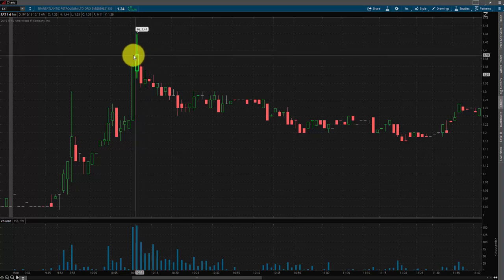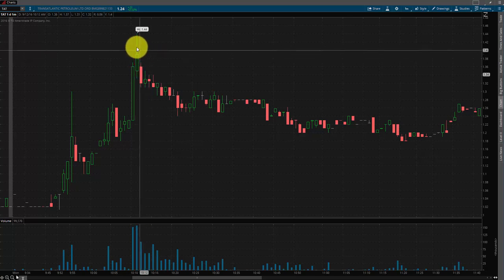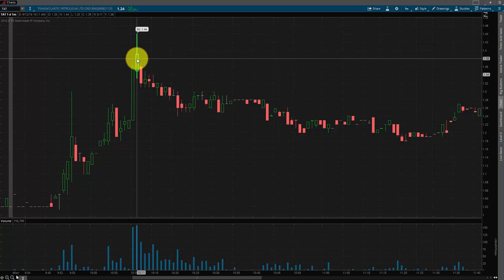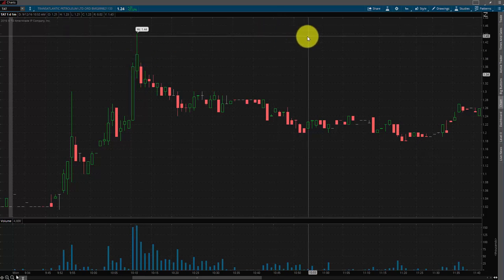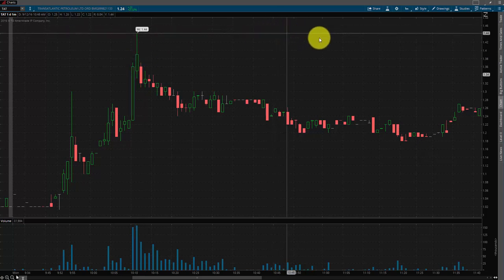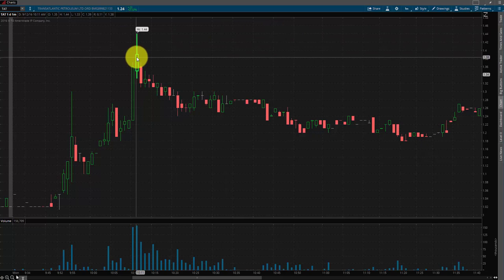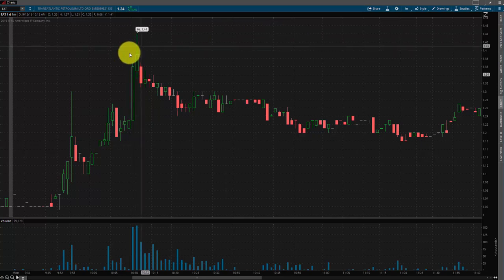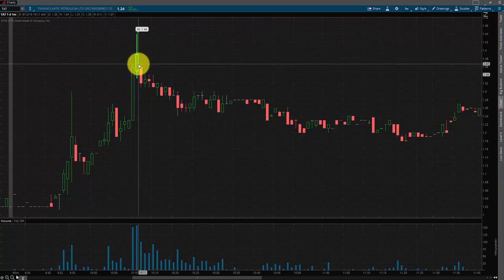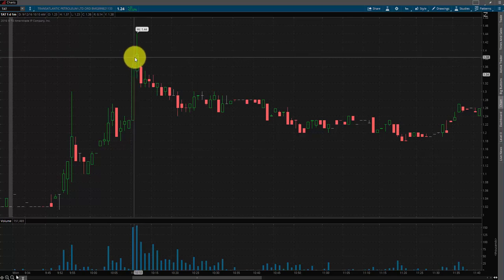We don't see what happens every second of this minute-long candle. Okay, we only see what happened overall for that minute. Now, you can probably, with certain charting platforms, take this down to the 30-second candles or 15-second candles or whatever you want to do. But overall, if you just watch the stock, you should still be able to get a pretty decent idea. So sequencing isn't really that big of a deal. Okay, but,